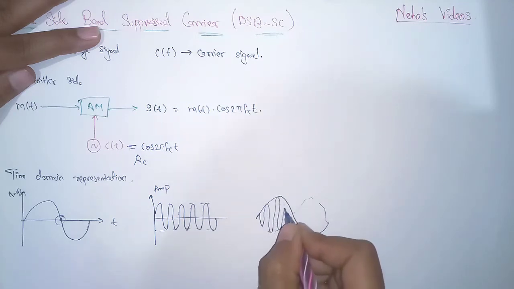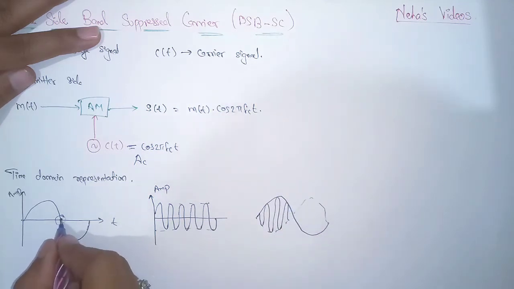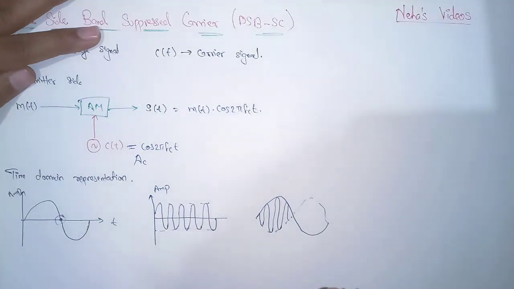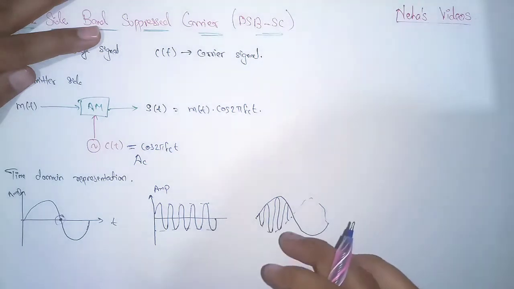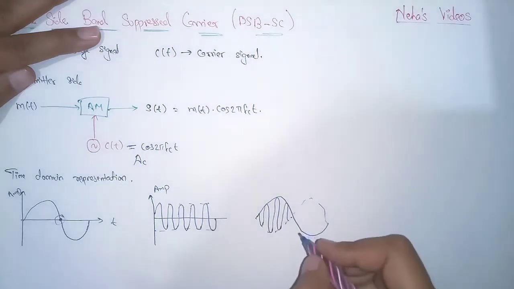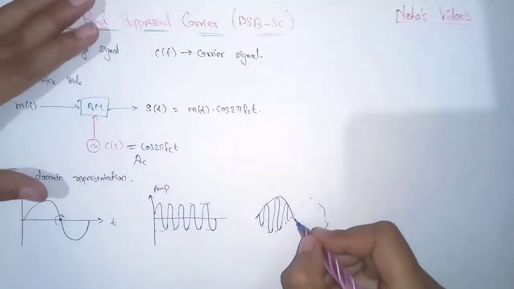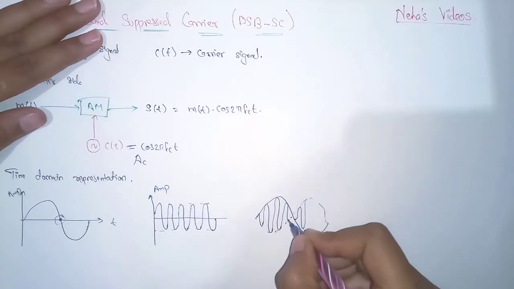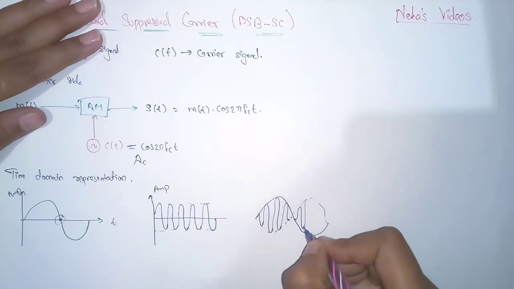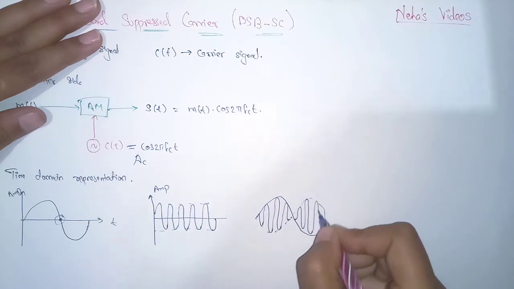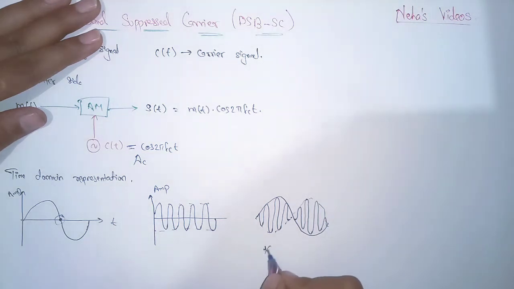the amplitude of the carrier signal will change. As we can see here, we are having a zero crossing. So here the phase of the signal will get shifted by 180 degrees. So it will get reversed. The phase of the signal will get reversed. So when we flip this signal by 180 degrees like this, then we will draw the signal. Like from here it ended, we will start it from here, not continuously like this. So it is having a 180 degree phase shift. So this is the modulated signal